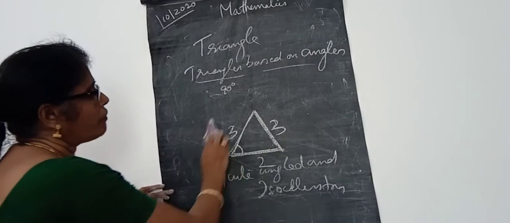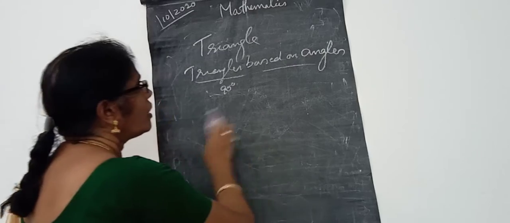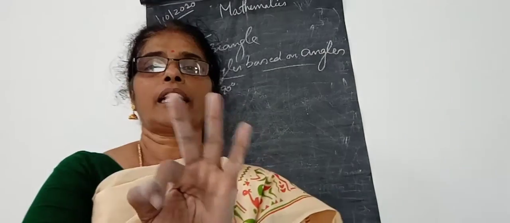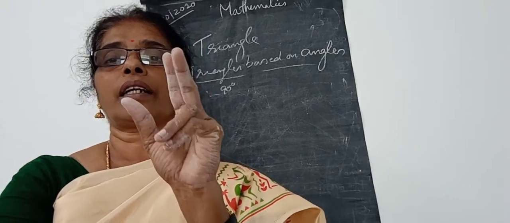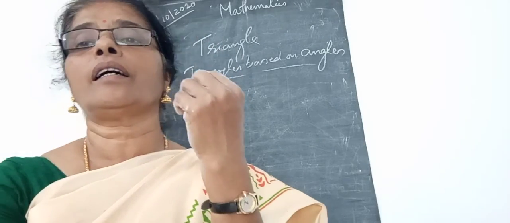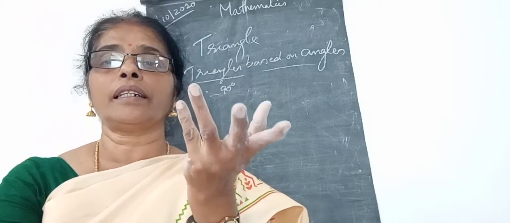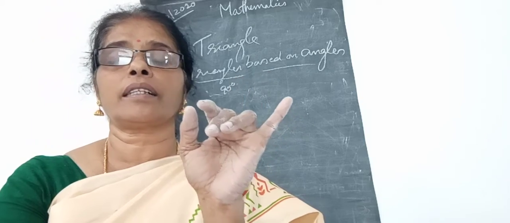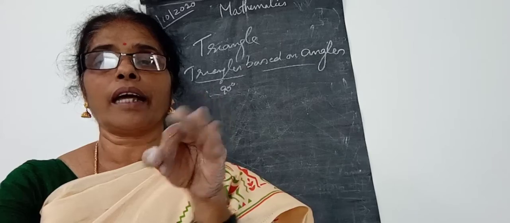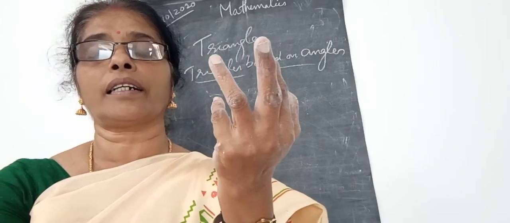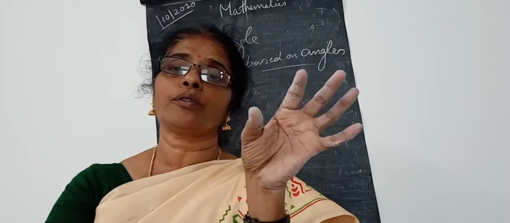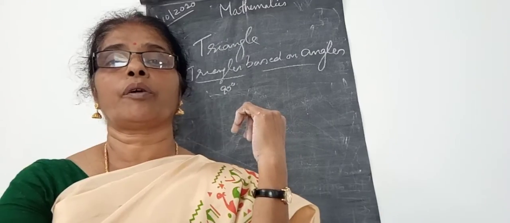Okay children, everyone has to study the types of angles: straight angle, right angle, reflex angle, acute angle and obtuse angle. And the different types of triangles: on the basis of the sides, scalene, isosceles and equilateral triangle, and on the basis of the angles, right angled, obtuse angled and acute angled triangle. You have to study this well and practice it, children. Okay, bye children.